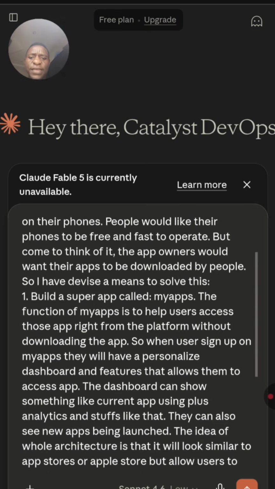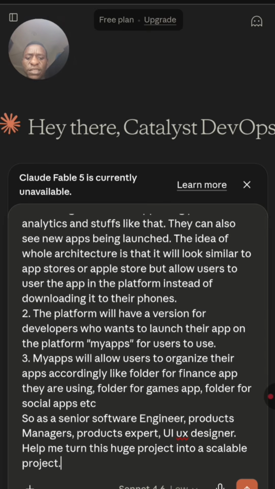So I kind of get this idea, and I started writing everything down, how it will look, how the interface will look, how the dashboard will look, what the users click per section or per page, and where it takes the user. Literally, I am thinking like a full stack developer, the front end, the back end architecture, the UI UX designer, the product manager. I am actually thinking a lot about this, because when you put it down, it is easy to iterate the idea or brainstorm the idea with AI agents or AI models that you want to use.